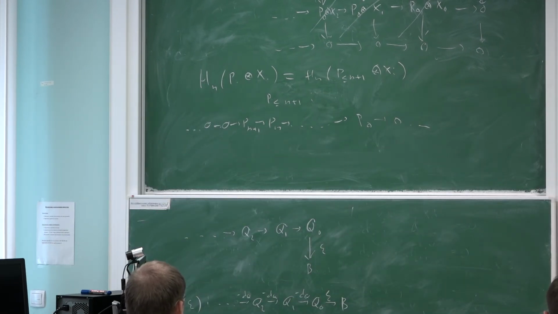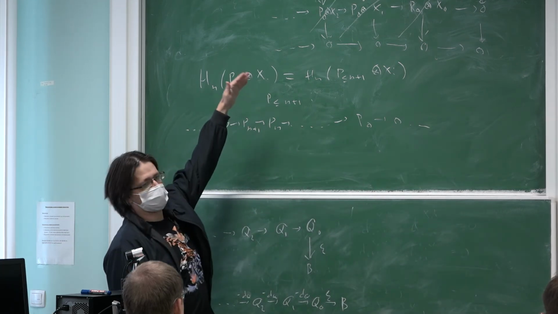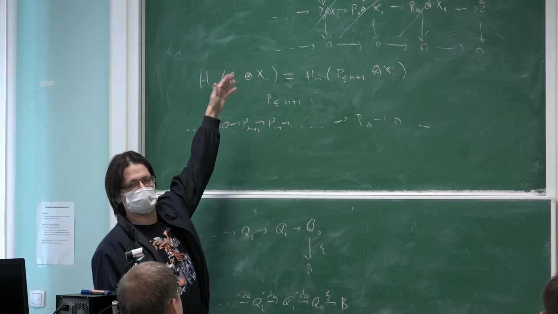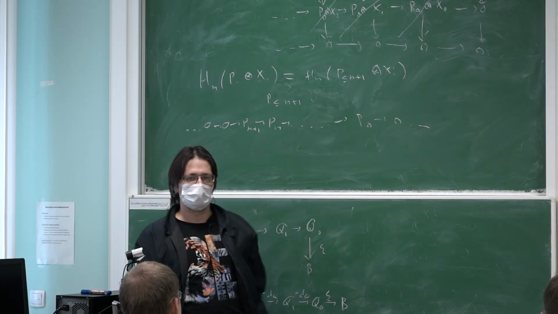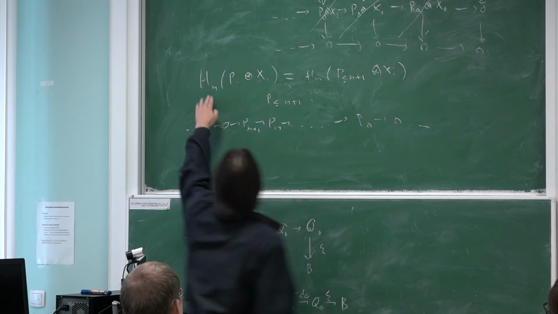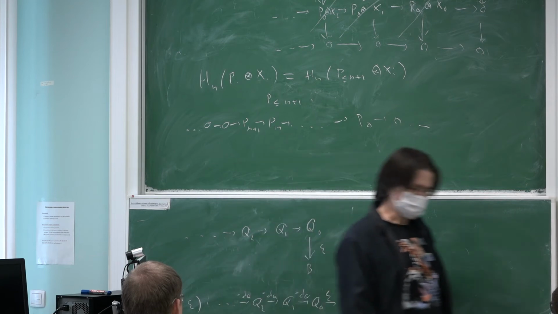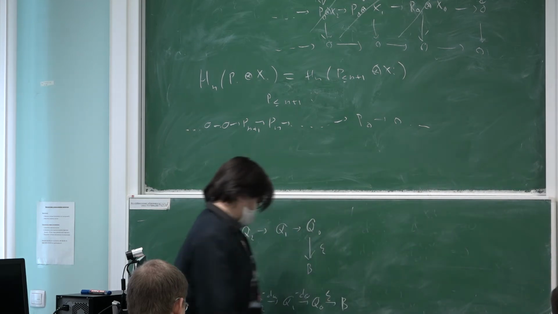But n plus 2, of course, doesn't have anything to do with it, because the nth and n plus 1th members depend only on this part of the complex. The n minus 1th, nth, and n plus 1th, you are interested only in these three members when you compute the nth homology, yes. So we can proceed by induction on P and prove that if we have an acyclic complex,